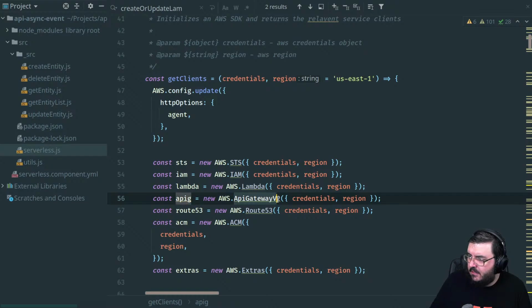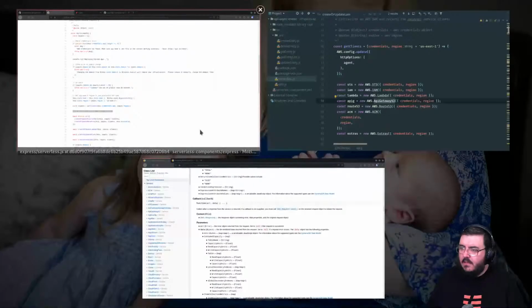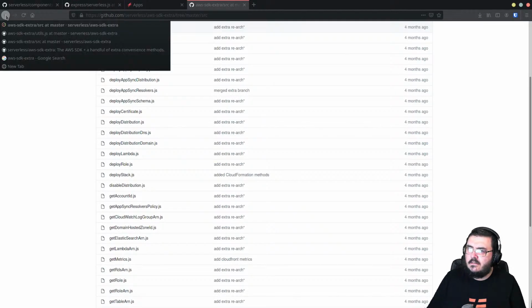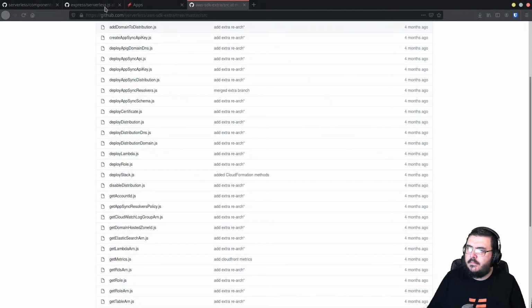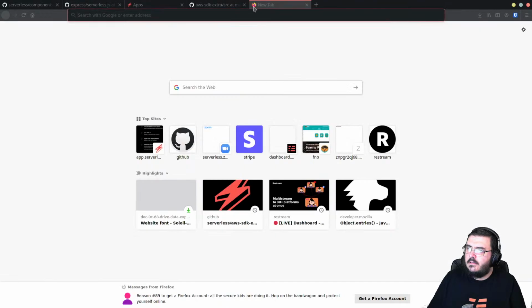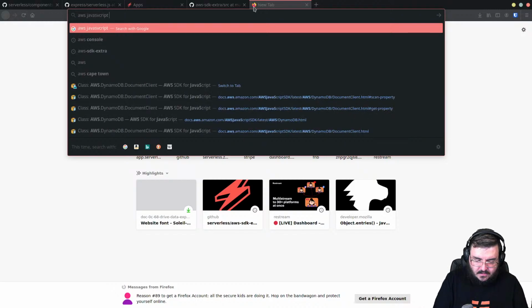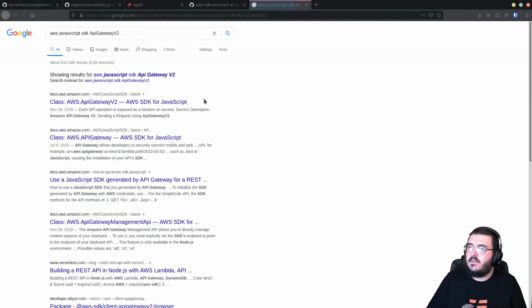So let's go look at API Gateway v2. We have documentation open. Or we did. Okay, it doesn't matter. AWS, JavaScript, SDK, API Gateway v2. There we go.